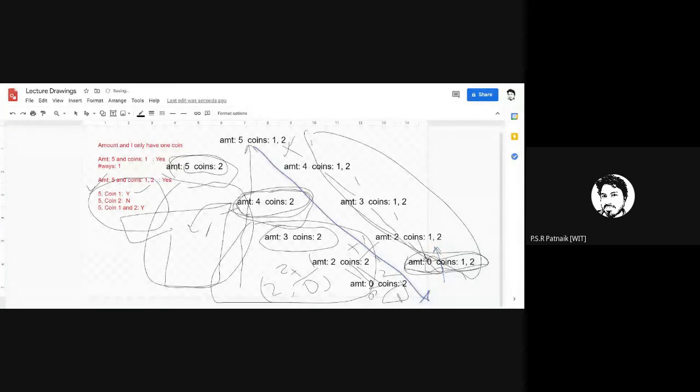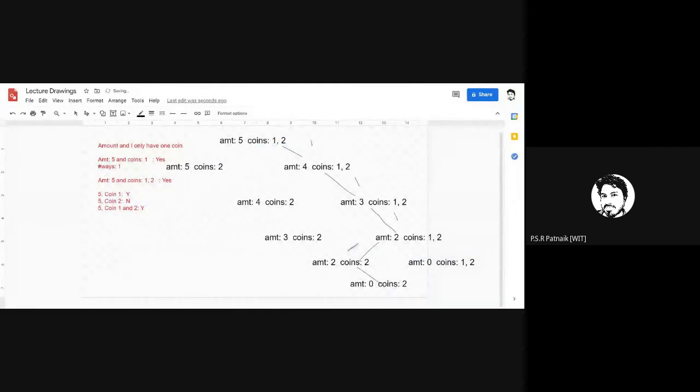But sometimes what happens is you have an amount, but you do not have a coin. So for example, you have decided not to use 1. Let me show you what exactly I want to say here.